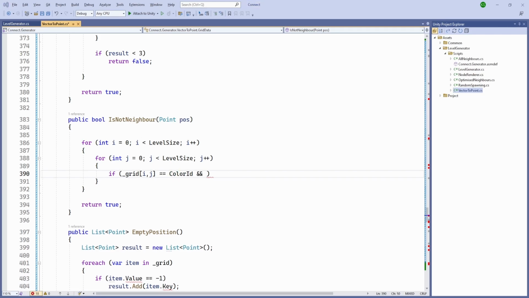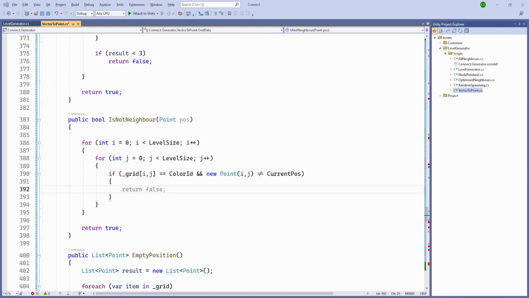So it is equal to color id, and our new point of i and j is not equal to current position, then for each,